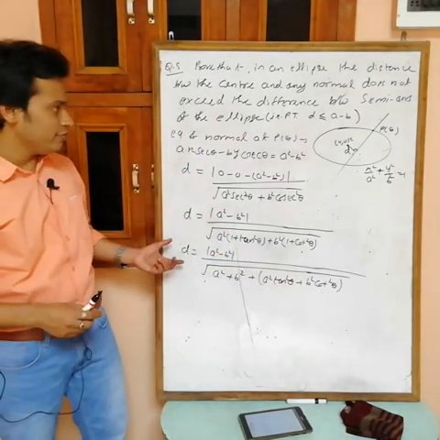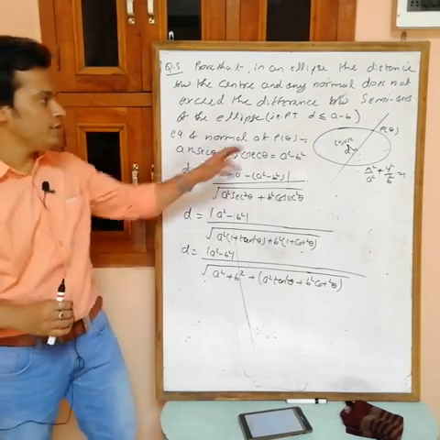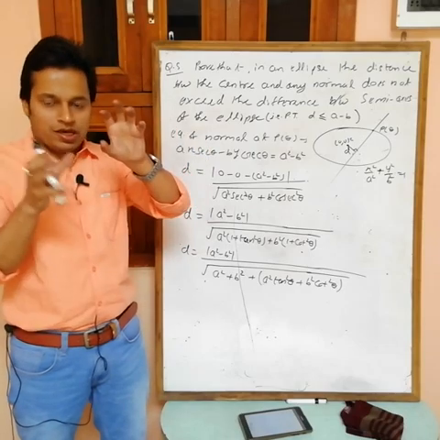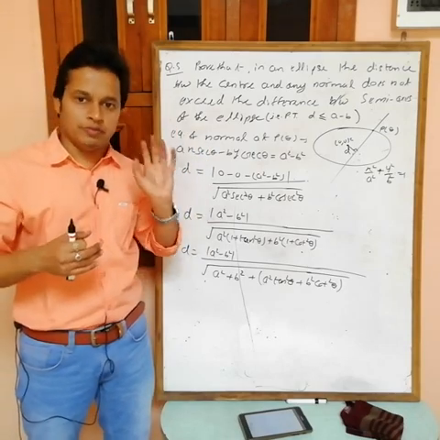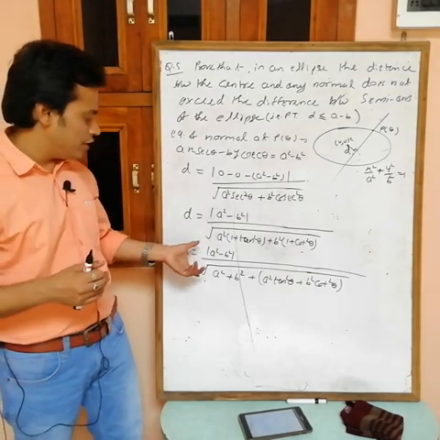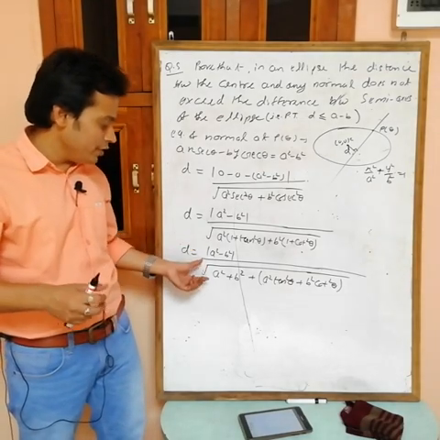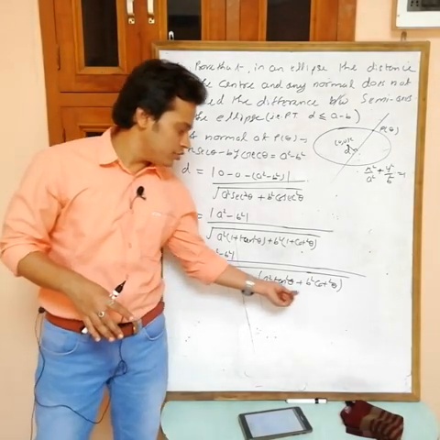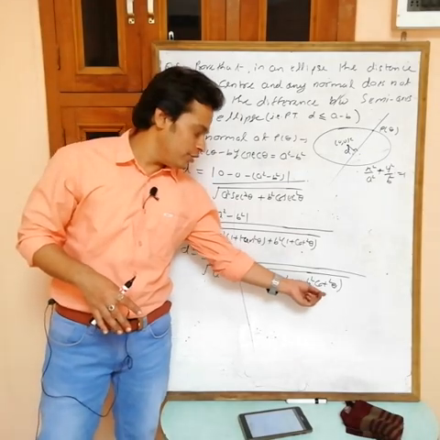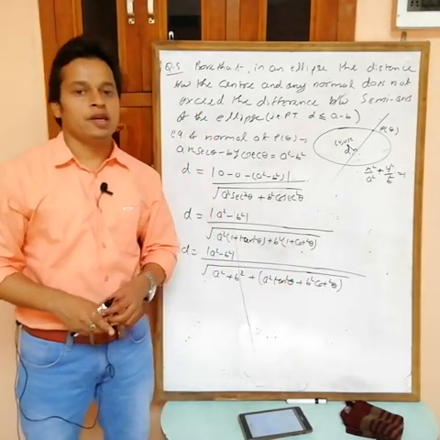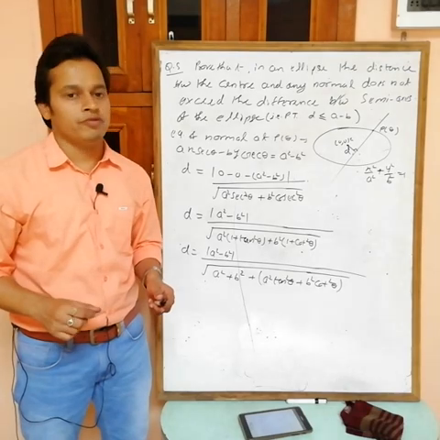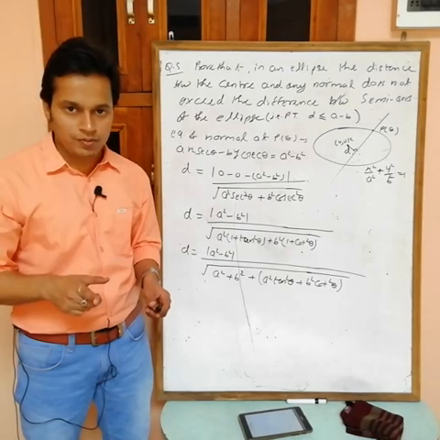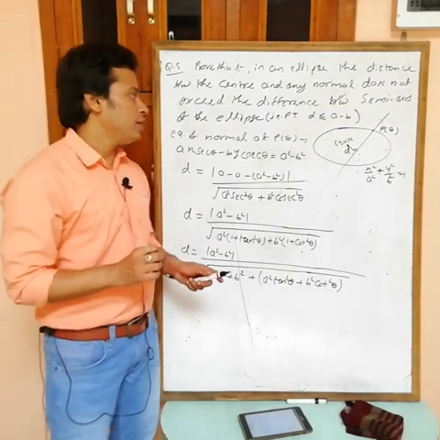What we want is the maximum value of d. I want to prove that d is always less than or equal to a minus b. It means a minus b is the maximum value, because any quantity is always less than or equal to the maximum of that one. So to find the maximum value of this one, this will be maximum when the denominator is minimum. So we want the minimum value of this one, you can't change the constant part, this is the only variable part. So find the minimum value of this one by using AM greater than or equal to GM. Okay, now tell me the answer. What are we getting? 2ab. Okay, if you are getting 2ab, then okay.